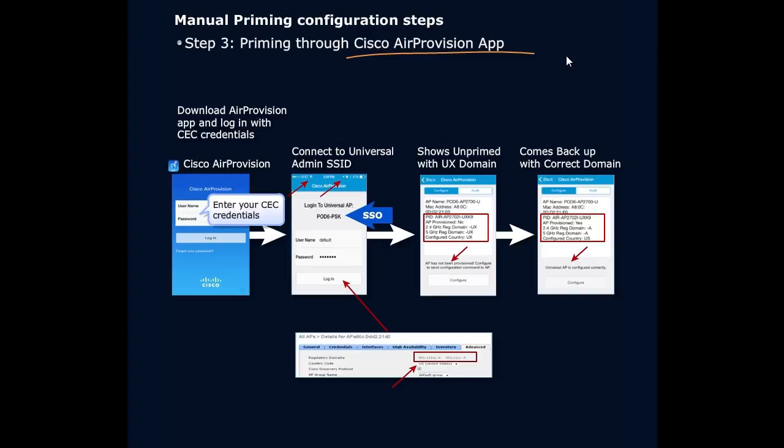If you don't have GPS on your phone, that's fine. What they do is they use cell tower information to give you your region. So you download the Air Provision app and you log in with your CEC credentials. Now,